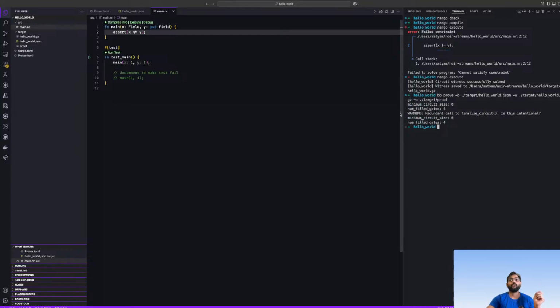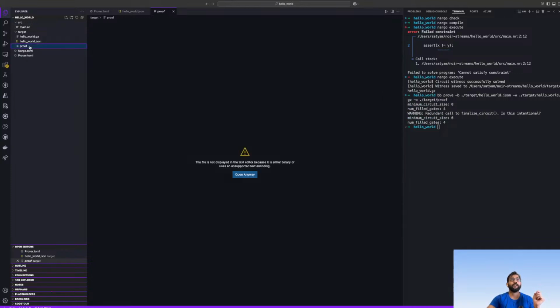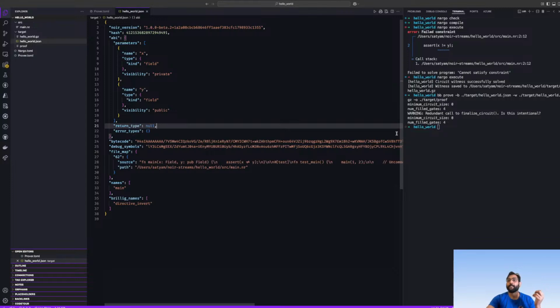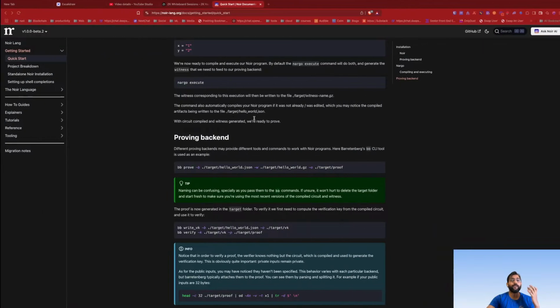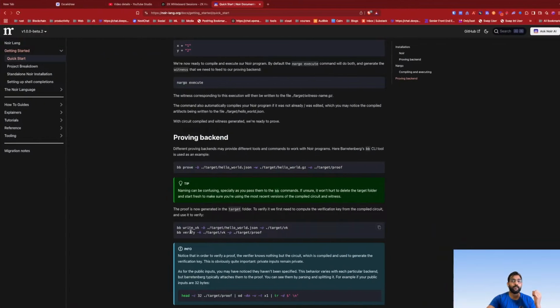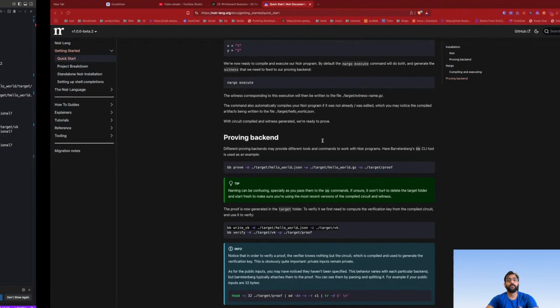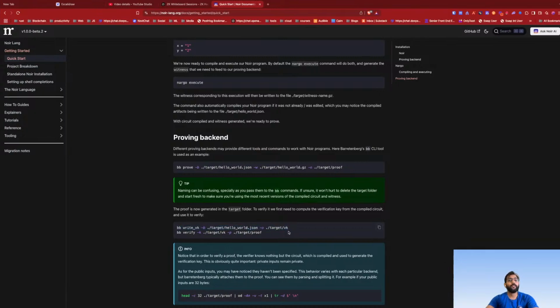It's again just an unreadable string. Now we can verify the proof. We can also take this circuit and generate a verification key. The verification key is also generated, and now we can take the verification key and proof and verify.